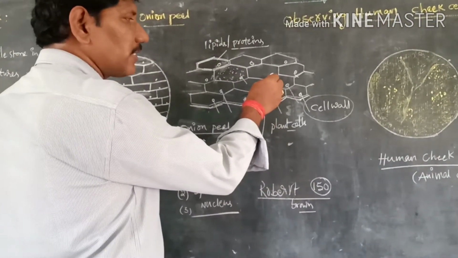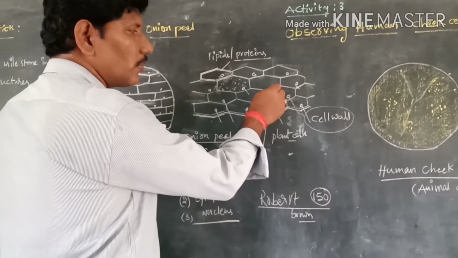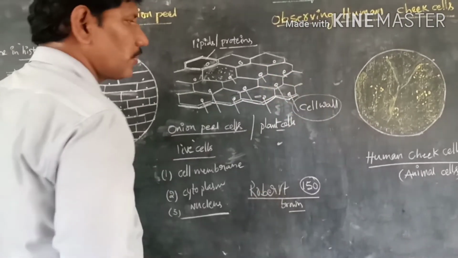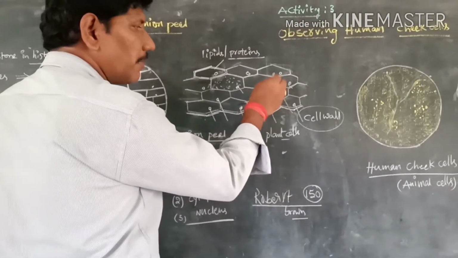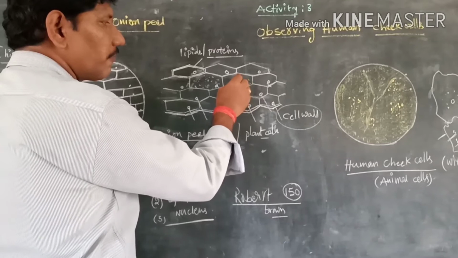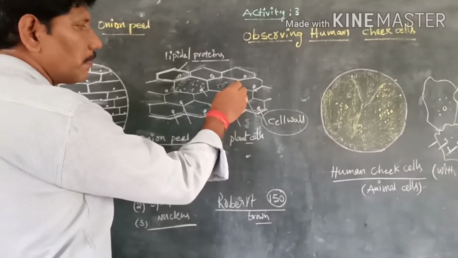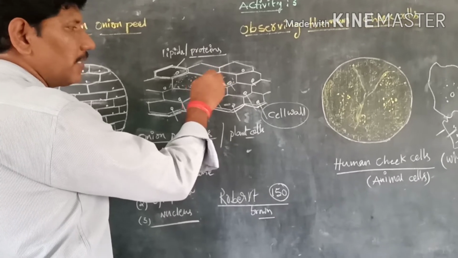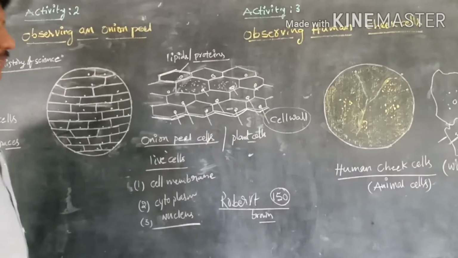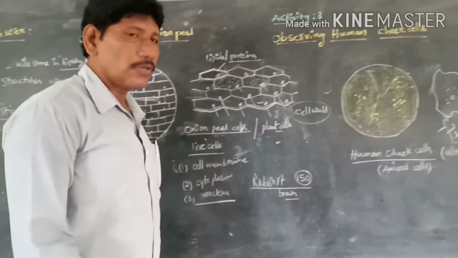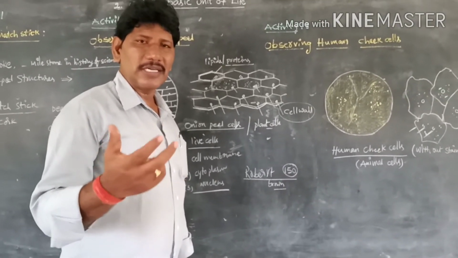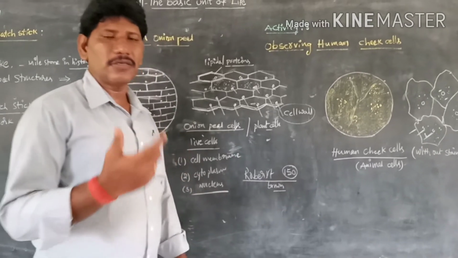Next, the nucleus. The third part is the nucleus. The nucleus has some genetic material. The structure of the nucleus we will learn in the next topic. Between the nuclear membrane and the cytoplasm, a fluid-filled portion is present. That means between the cell membrane and the nuclear membrane, a fluid-filled portion is present, which we call the cytoplasm. The cytoplasm facilitates the floating of tiny particle-like structures called cell organelles. We will study these cell organelles in the ninth class, first chapter.